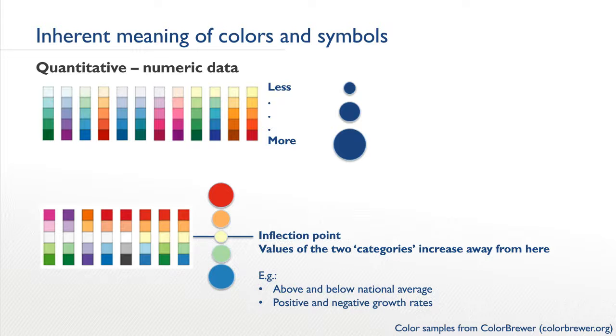If you're working with numeric data and you want to show relationships from more to less, you'll typically use a color scheme with a strong light to dark continuum. For point locations, you can use sized proportional symbols. So use that size to show relative value. Small is less,